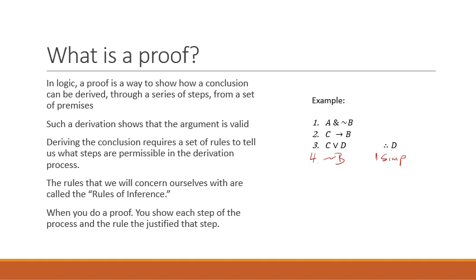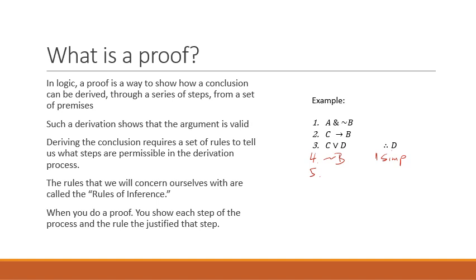And it lets the author or the audience know if you did it correctly. So I have not B now, and that can be used along with the rest of these things to generate new lines. I'm trying to get to D, and there are two more steps that need to happen. So the first step